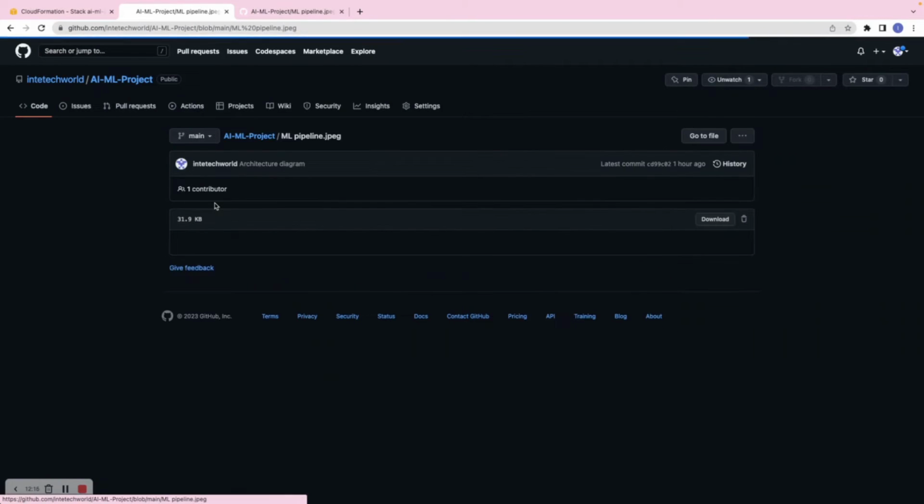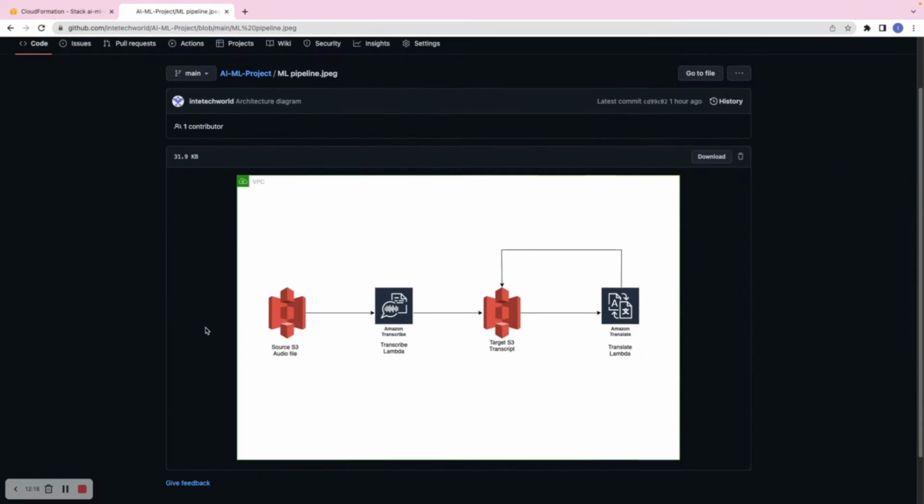Okay, so this one is our architecture. As per our architecture, first of all, this is an event-trigger automation project. As soon as we upload any audio file to S3, this will trigger the first Lambda, the transcribe Lambda. Once triggered, it takes the audio file from S3, creates a text file, which is a transcript, and pushes it to the target S3